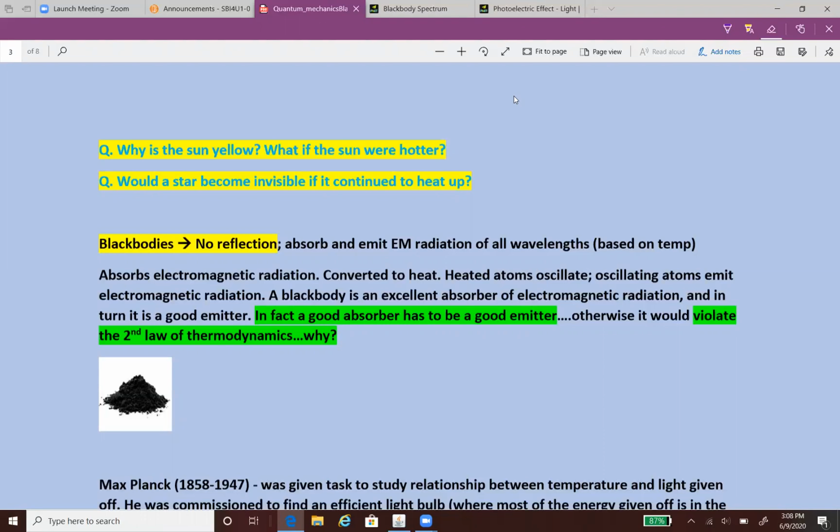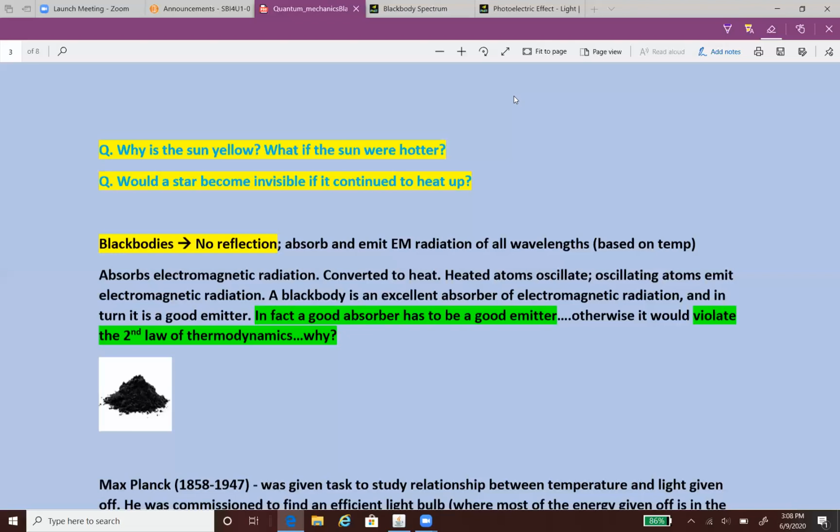So it's a really good absorber, but it's also a good emitter. Okay. It actually has to be both. And you'll notice something highlighted in green that says a good absorber has to be a good emitter. Otherwise it would actually violate something that you learned way back, probably in elementary school. It has to do with the laws of thermodynamics, specifically the second law, which we can basically describe as